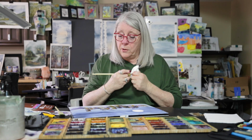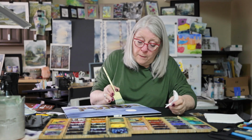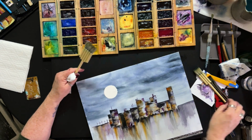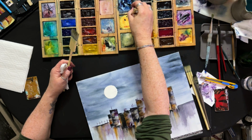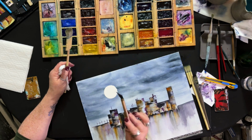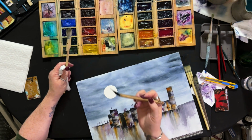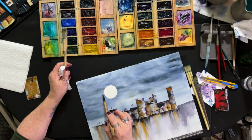So there's lots of ways you can approach your moon. And I thought maybe today we could have some fun with just bringing a bit of that quinacridone, no, pardon me, the Mayan Dark Blue and the Indanthrone. It's what we used in the sky. And I'm just, my Levinson brush, I didn't wet it, I just dipped it into the wet Mayan Dark Blue and Indanthrone. And I just want to test that on a piece. There we go, it's light enough. So